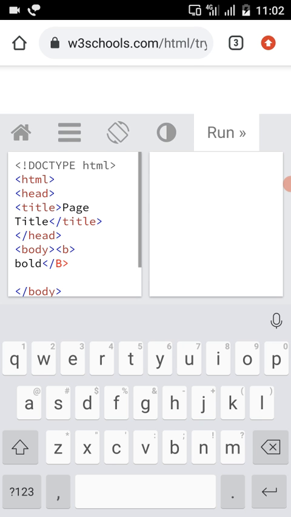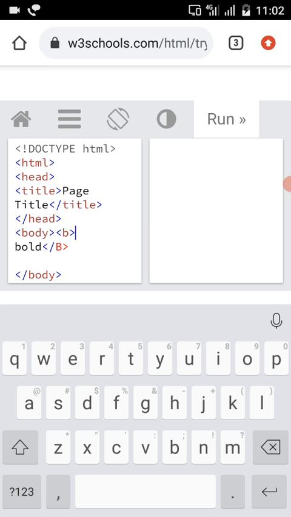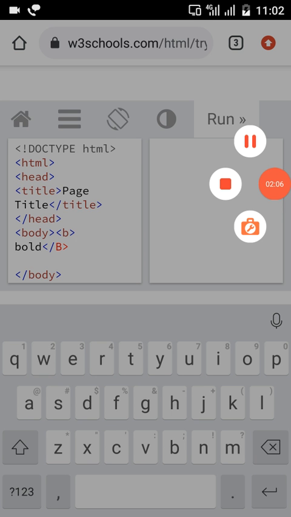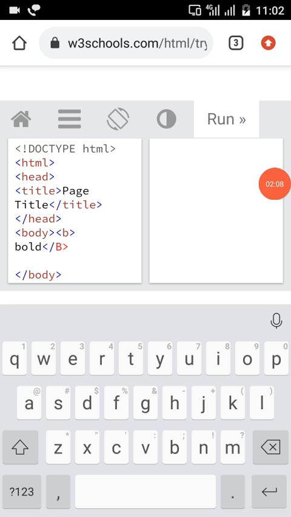Not case sensitive means if we use an opening tag in small letters but close it in capital letters, there is no error, because HTML is not case sensitive.